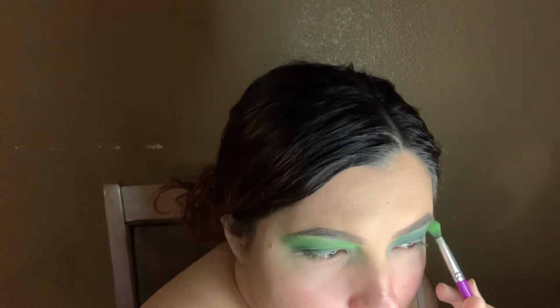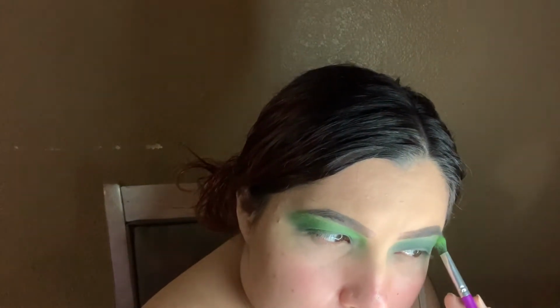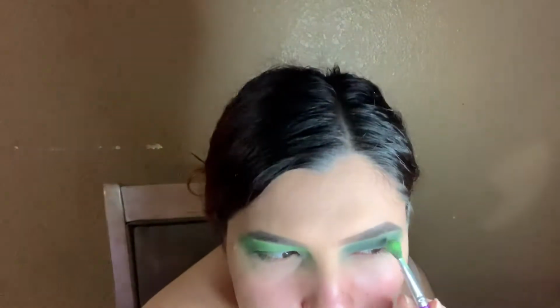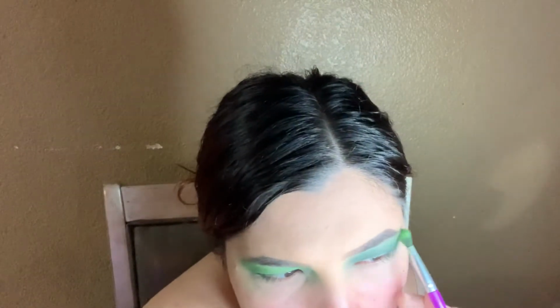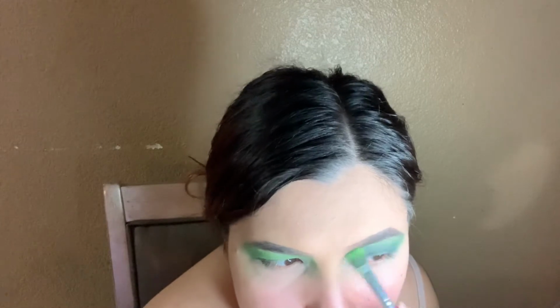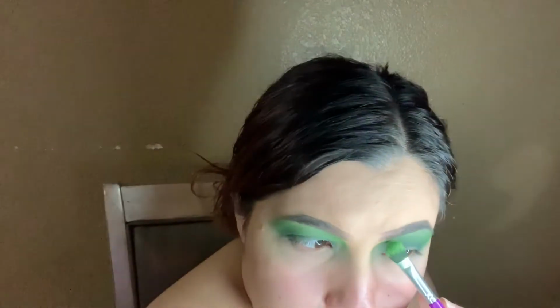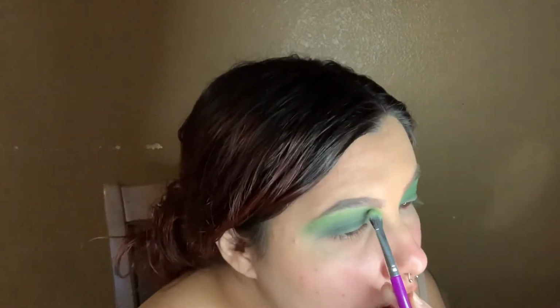So I'm just doing the same to the other eye, just making sure that I'm blending both of the colors in. And then I'm going to take a separate brush just to blend them out even more. And yeah, I just don't want any harsh lines. I don't want it to be really like where you can tell where the dark green starts and where the light green starts. But yeah, I'm just doing that, and then I'm taking that brush and just making sure that I'm getting the